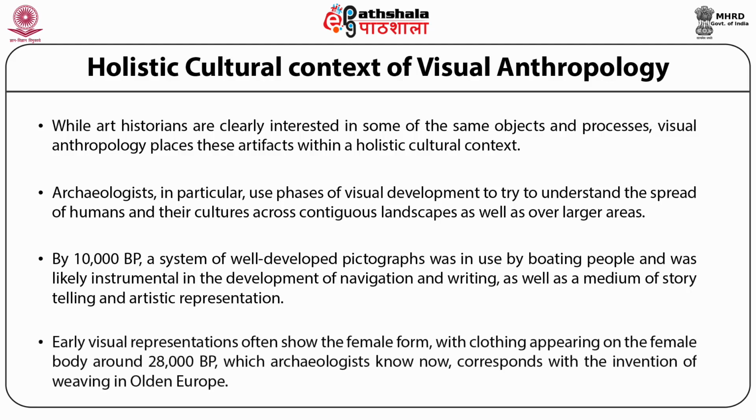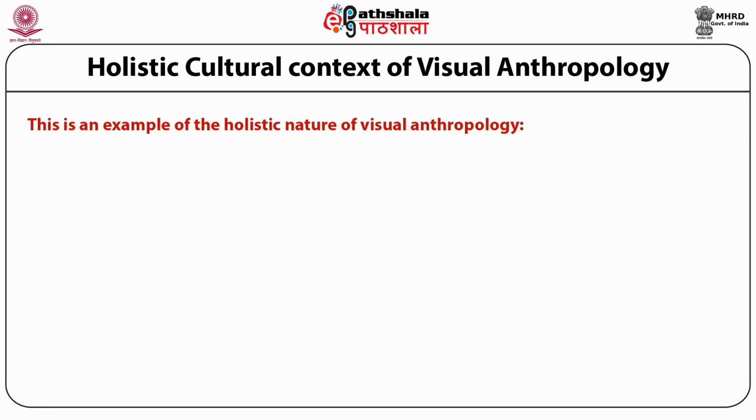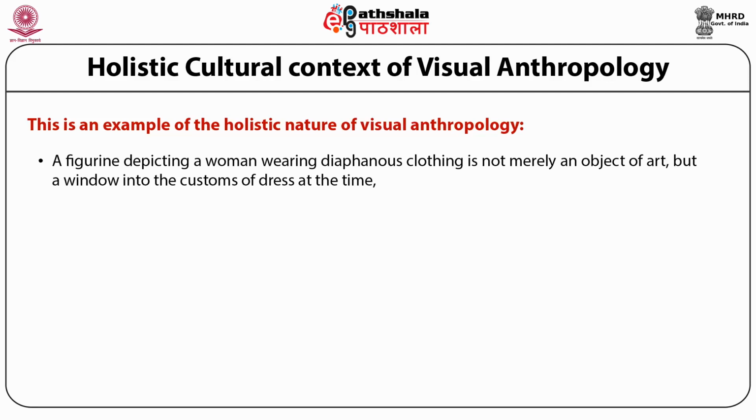Early visual representations often show the female form, with clothing appearing on the female body around 28,000 BP, which archaeologists now know corresponds with the invention of weaving in Old Europe. This is an example of the holistic nature of visual anthropology. A figurine depicting a woman wearing diaphanous clothing is not merely an object of art but a window into customs of dress at the time, household organization where they are found,